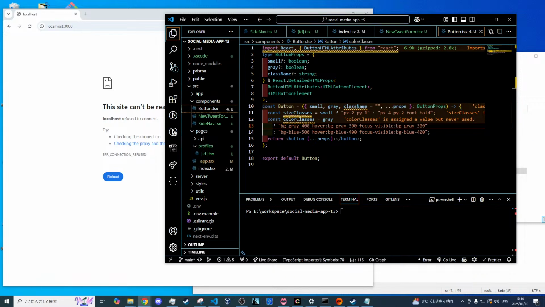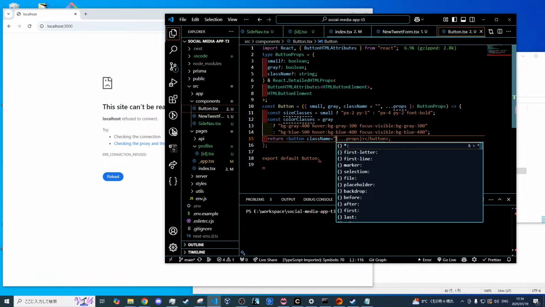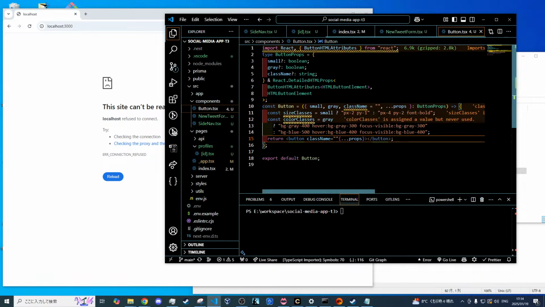So depending on if we're gray or not gray, we're going to have gray or blue styles. Then on our button, we can actually have our classes, and the classes are going to be essentially all of our normal classes plus these custom ones that depend on all of our different styles. So we want it to be rounded as a pill shape, so we'll say rounded full. We want to be able to transition on our colors, and